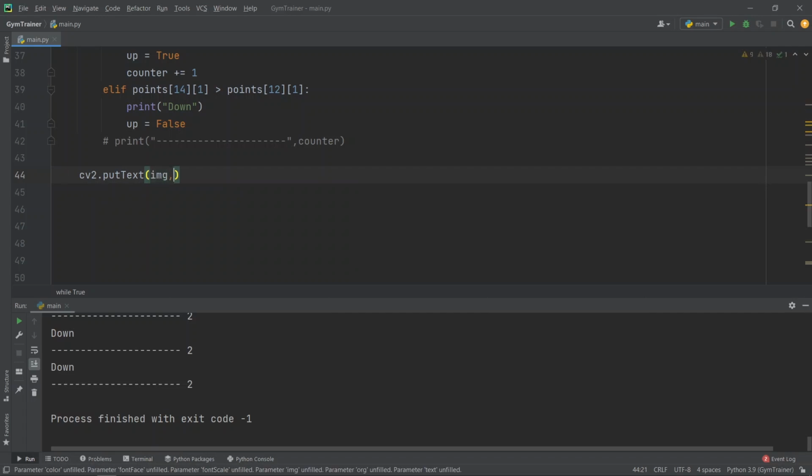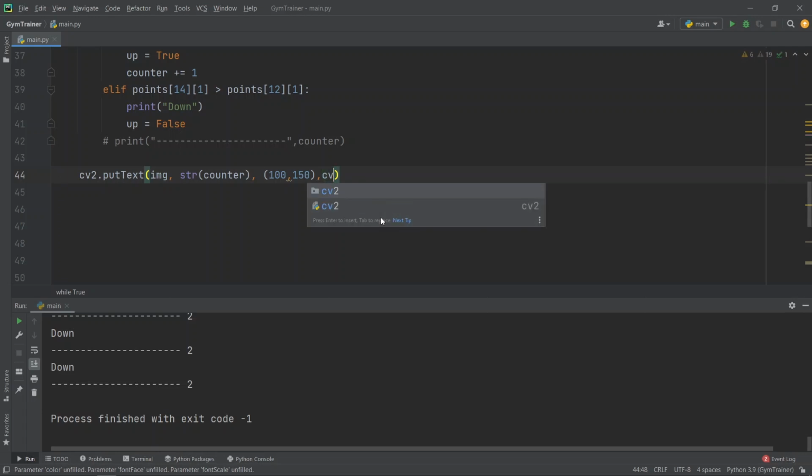For it, we want to put the text on the image. We want to put the counter as the text, and we want to put it at the coordinates of 100 and 150. I've already figured it out. If you want, you can change the coordinates. So this is 100 pixels from the X, and this is 150 pixels from the top.